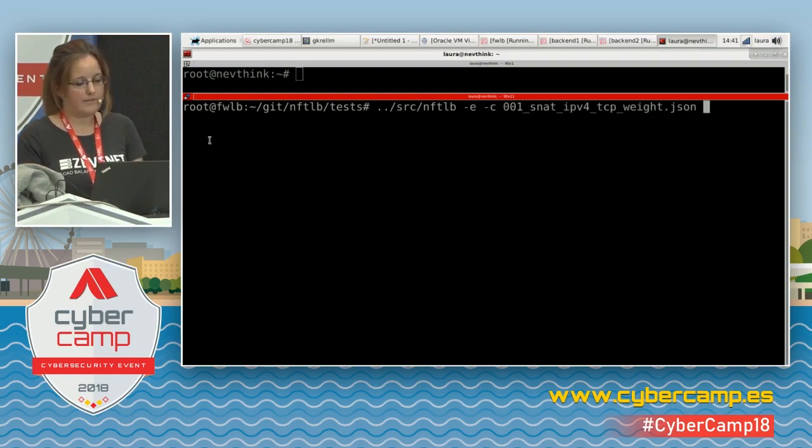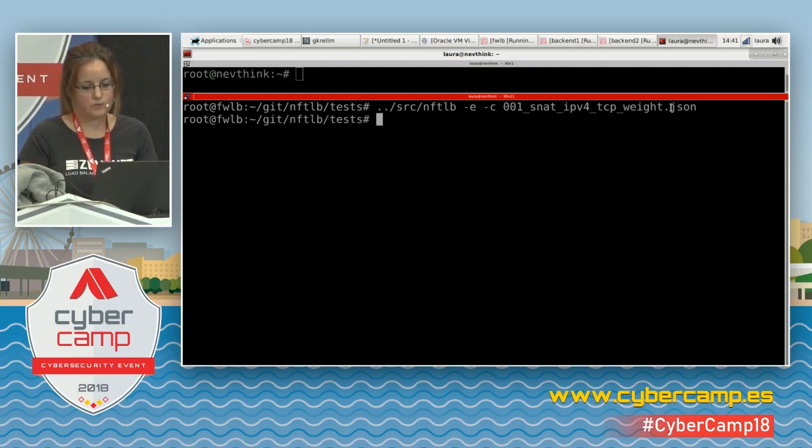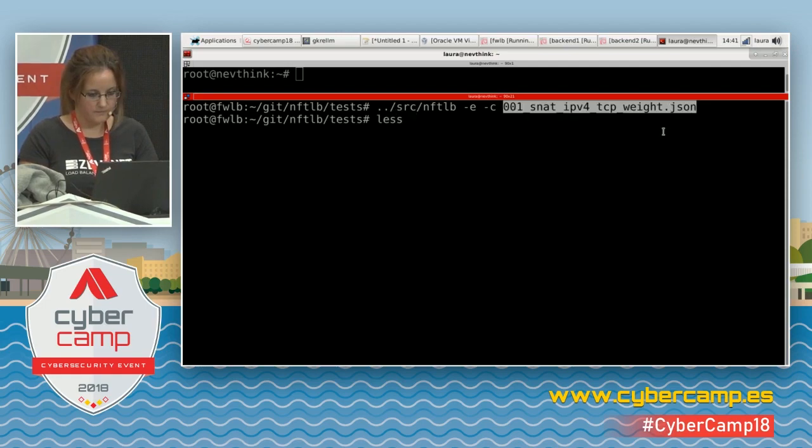This would be a config file, and we send this config file to the daemon. That would be a source NAT, IPv4, TCP. So we send a JSON,